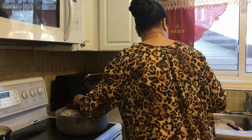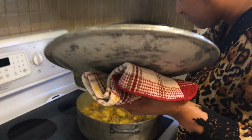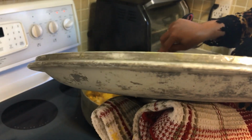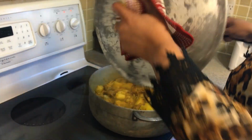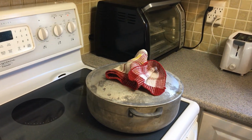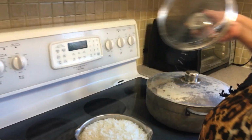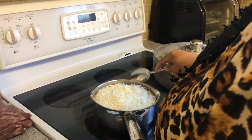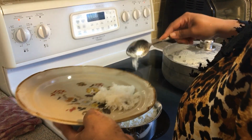So guys, I'm just going to check my chicken just to make sure it's cooked, and as you can see, the gravy is really thickened up a bit and it looks scrumptious, and the potatoes are cooked because I can poke my fork through it. So I'm going to turn my stove off, and just to show you what it looks like, and also my rice is cooked. So I have a plate here. I am going to plate out a little bit of rice,